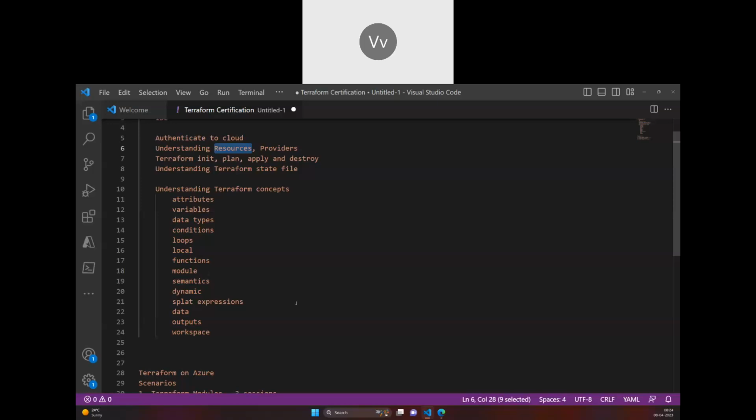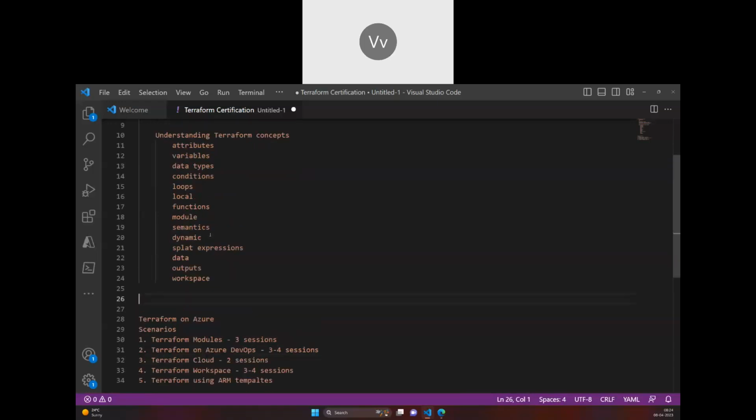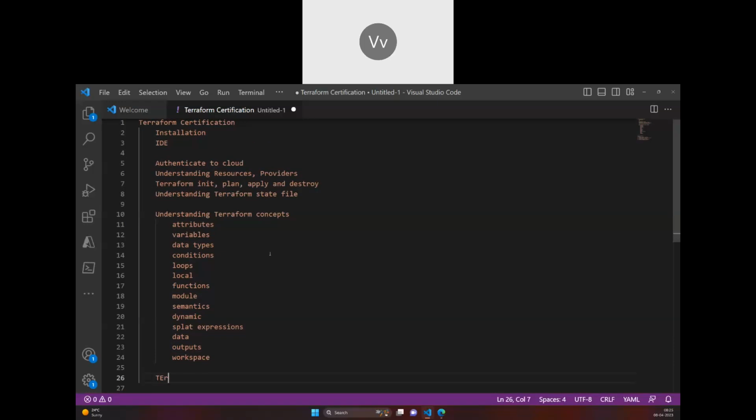But yes, you can find relevant stuff. And similarly, there are some things which you can't do with Terraform, and those things can be done using ARM. So if I have time, we will cover deploying Terraform using ARM templates too. Yes, so I think this was about Terraform concepts, but now comes understanding Terraform commands.